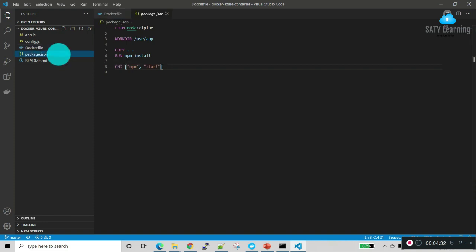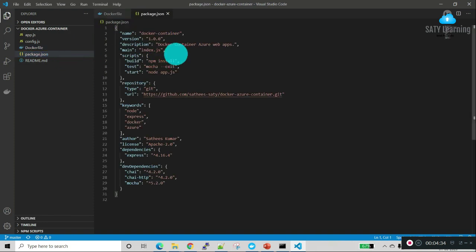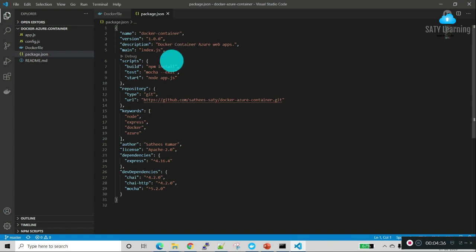This is the package.json. When I create this project, I create this package.json. Here I have provided app.js as the start one. Here I have provided my GitHub URL, my username and author name. It's very simple.